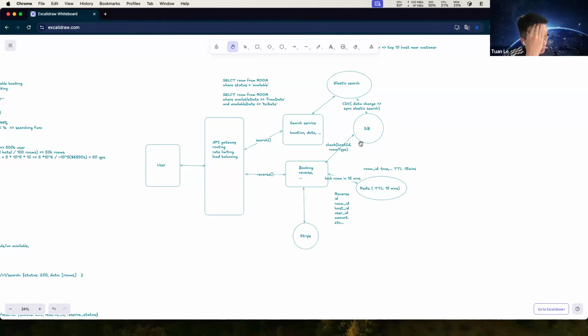Actually, when we set the room ID in Redis here, maybe we check that the room in the DB is available, right?